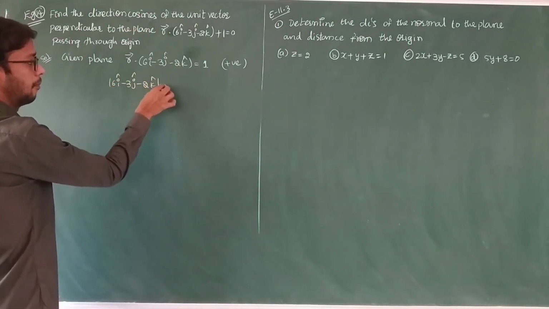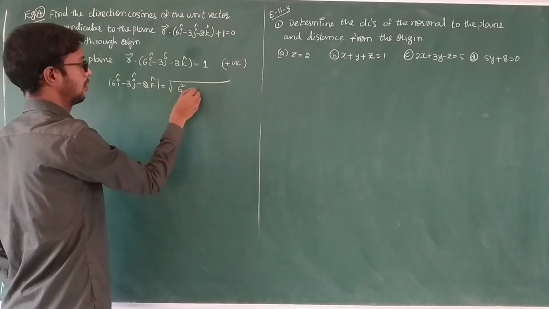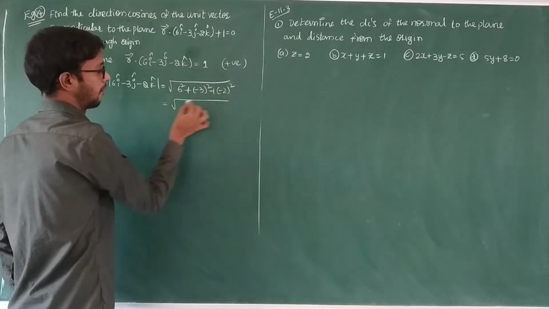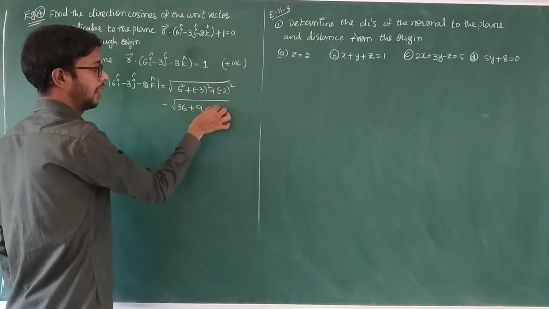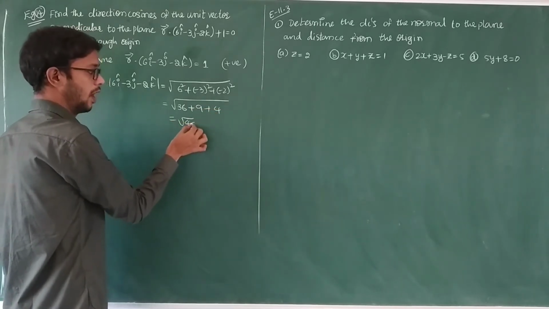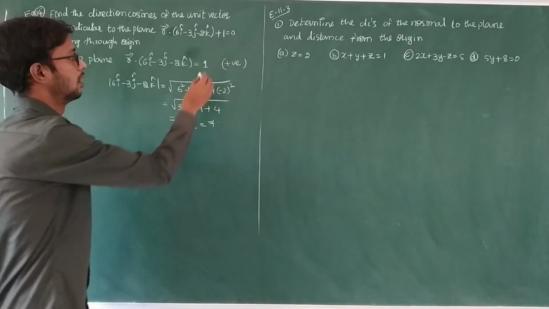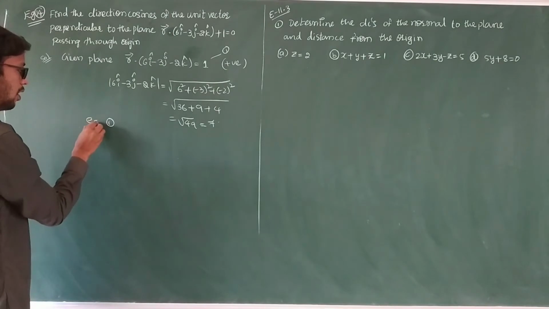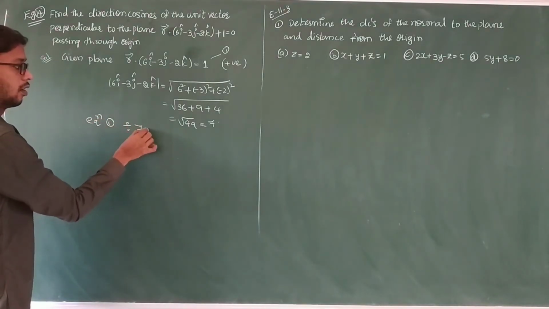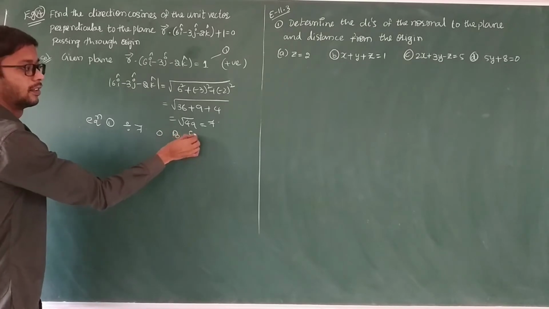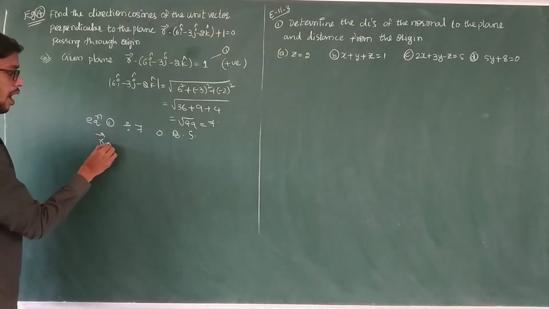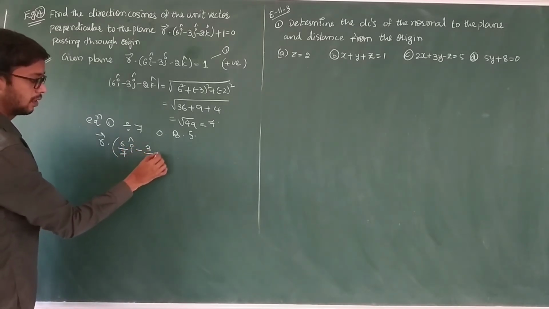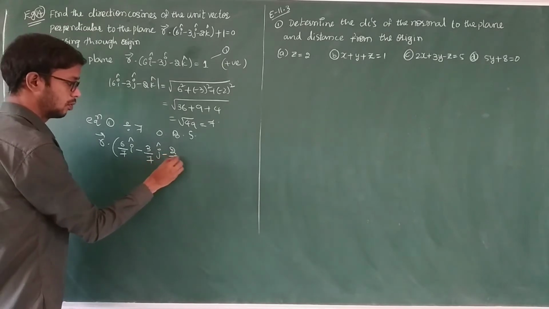Minus 2k cap. Magnitude is the square root of 6 square plus (minus 3) square plus (minus 2) square, which is 36 plus 9 plus 4, root 49, that is 7. Take this one as equation 1. Equation 1 divided by 7 on both sides: r bar dot (6 by 7 i cap minus 3 by 7 j cap minus 2 by 7 k cap)